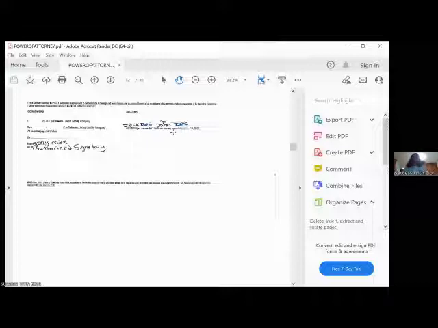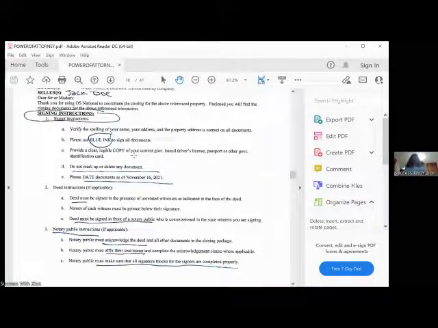So it says the deed must be signed in the presence of the notary public. Print documents on one side of paper only. My printers are set to print one-sided, but sometimes I print out of my car or out of my office, but at home, if I have to print a double-sided document and I exit, when I go back to print, it doesn't default back to its original settings. It'll default to whatever I last set it as. And then sometimes I've printed documents double-sided and have to go and reprint it.